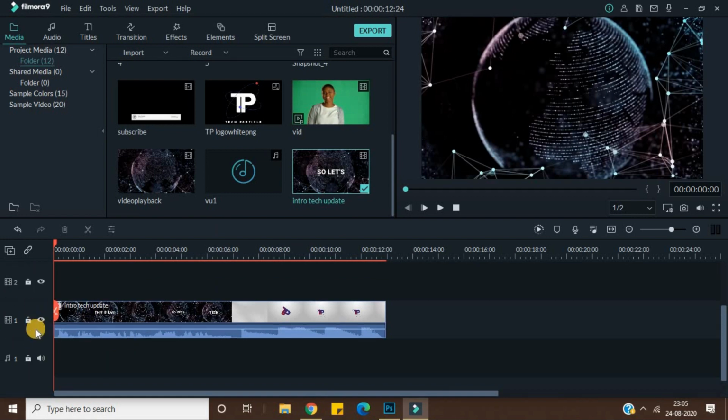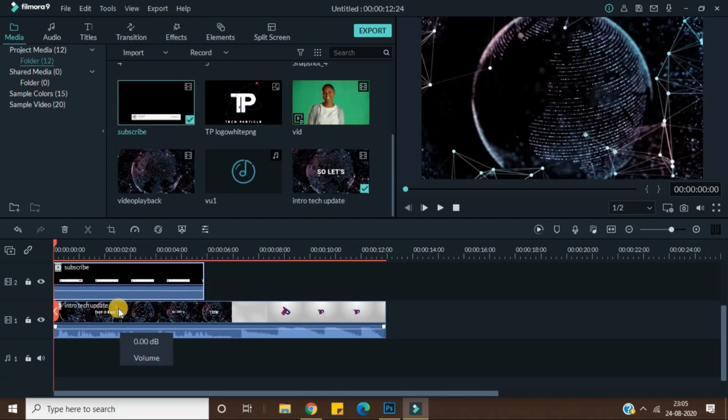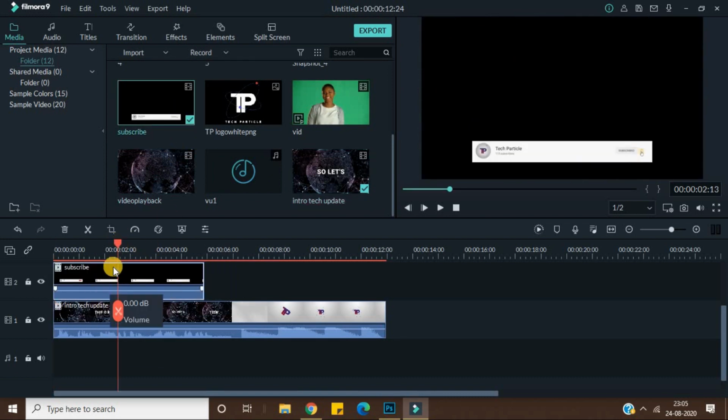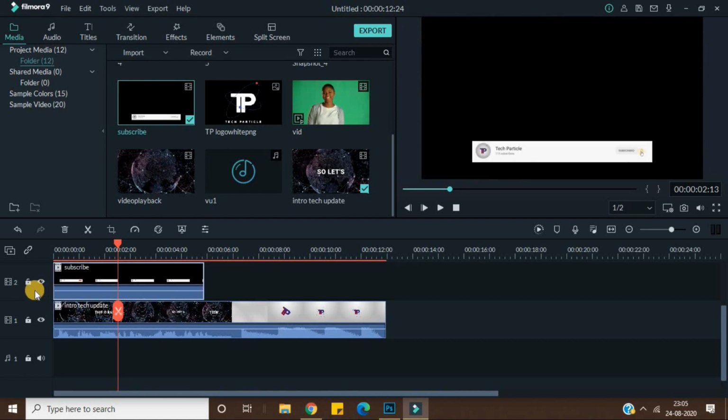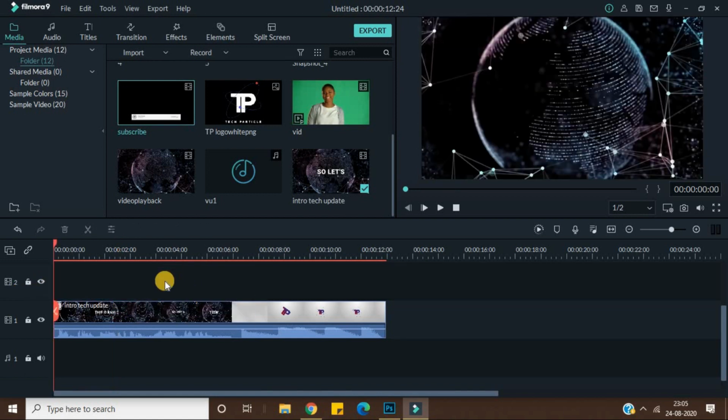Then here are some options in the timeline. You can always use this eye button to check. Right now let's suppose I have this particular part in the video. I don't want to see this part in the video, but I want to see this part in the video to edit, right? So I can just turn off this eye button and then it will be gone, not from the timeline but from the video. And then again I can switch it back on and use it, right?